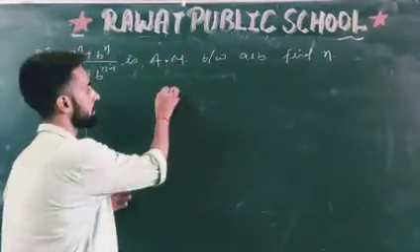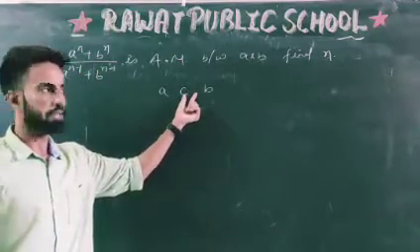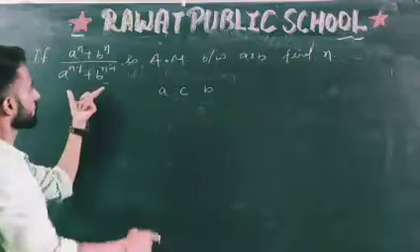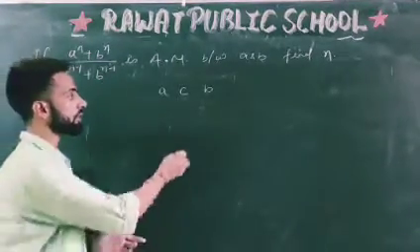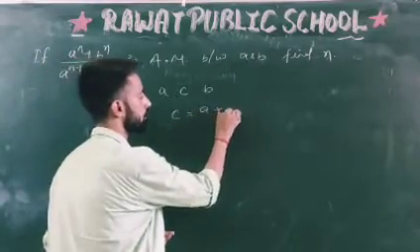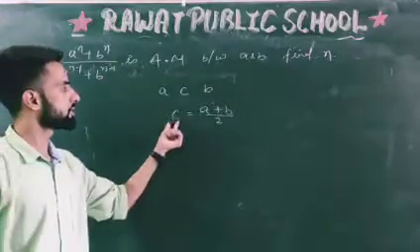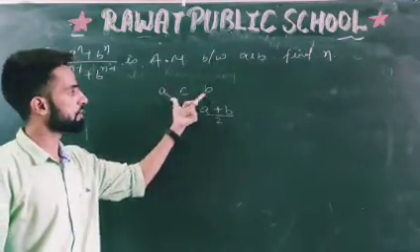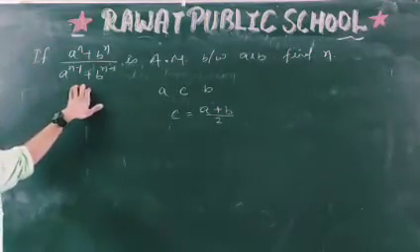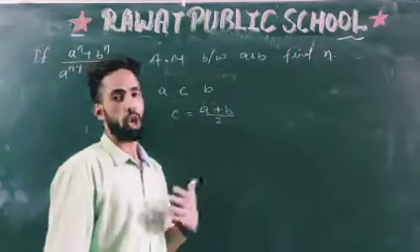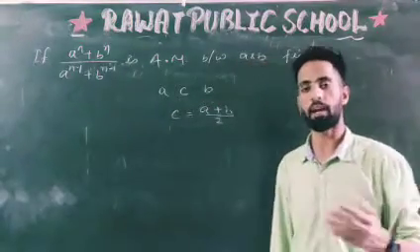That means A and B have some number in between them, and this c is equal to this one. Theoretically, the c should be A plus B by 2. Yes or no? Mathematically, the arithmetic mean between two numbers must be A plus B by 2. And the question says this is the arithmetic mean. In that case, there cannot be two different arithmetic means for the same two numbers. It cannot be different.